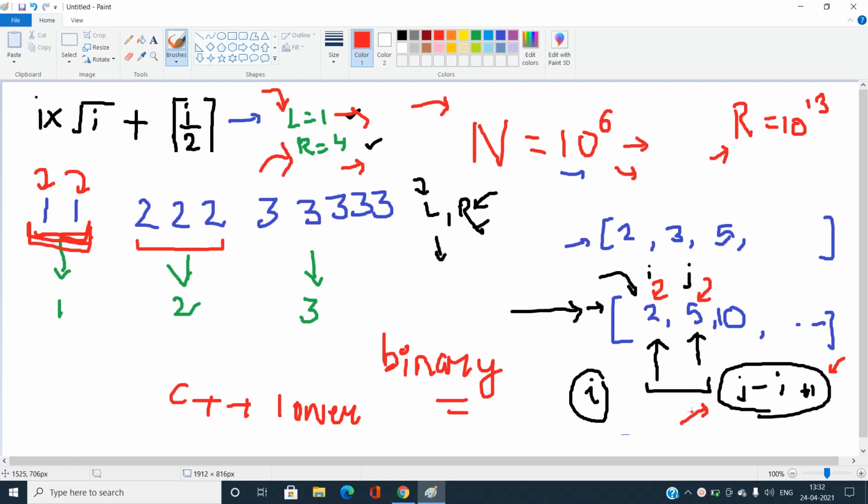Now I also want to demonstrate with another example. Suppose L is 3 and R is, let's say, 7. What is the number of distinct elements in this range? If we have calculated the number of times the elements occur, the prefix sum should be like 2, 5, 10. I need to take the lower bound of 3 in this prefix sum array. The lower bound of 3 corresponds to 5, that is index 2. And the lower bound of 7 corresponds to 10, that is index 3 with value 10. So it comes out to be 3.